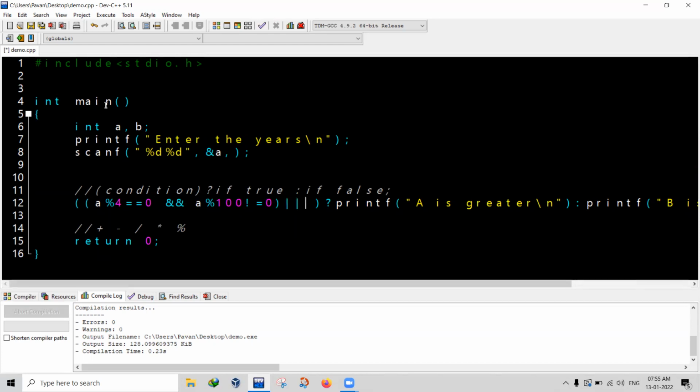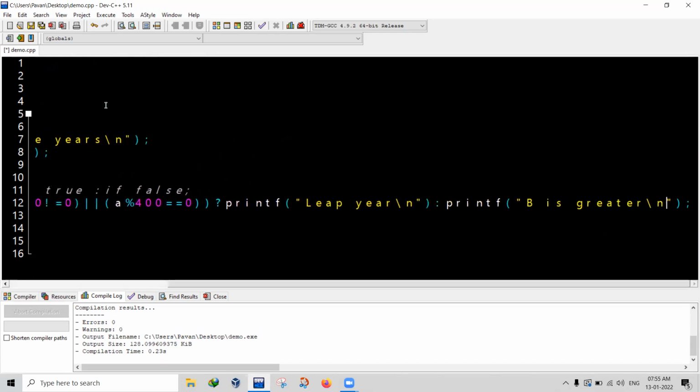Okay, OR operator. They are saying that if this condition is false, I'll give another chance. If the number is divisible by 400, I'll consider this as a leap year. This is how you have to write it. See here, one bracket opens here, in which you check if it is divisible by 4 and not by 100, and a separate condition is here, divisible by 400. If this is true, this becomes a leap year. Explanation is given in my previous videos. If you want in-depth explanation, you can trace it out there.